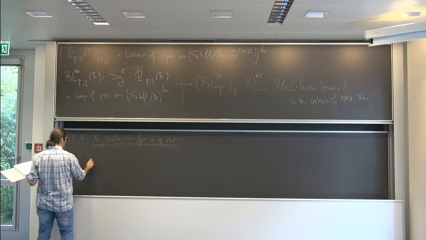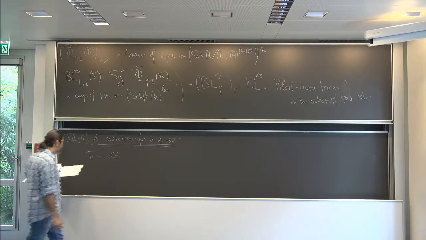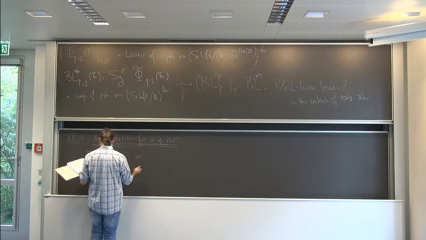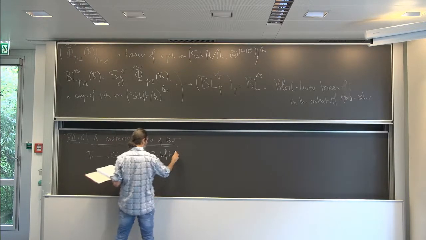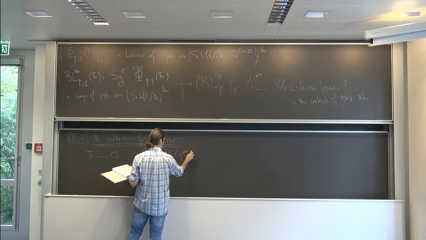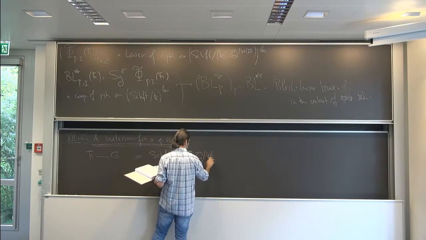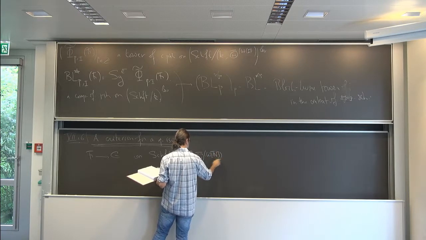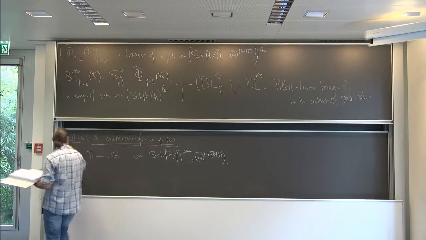We start with a morphism of complexes of presheaves on this category that we are interested in, the big one. And what we want, we want conditions which guarantee that